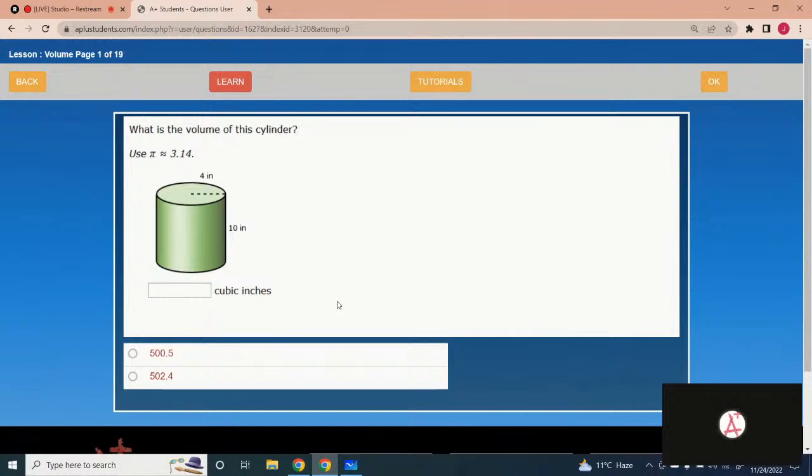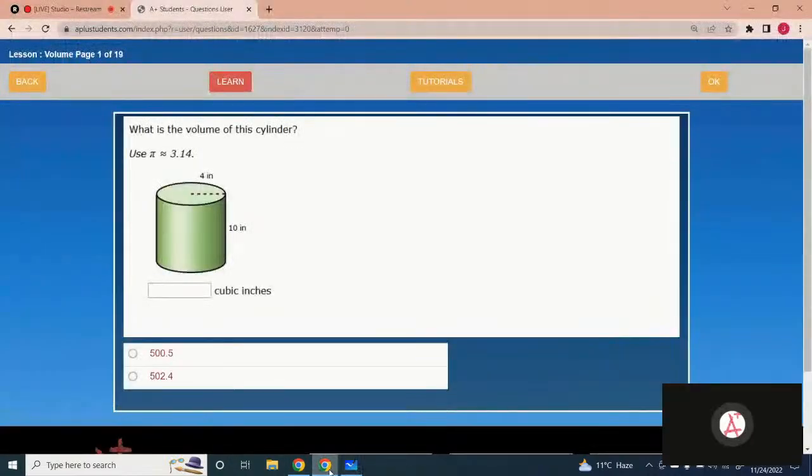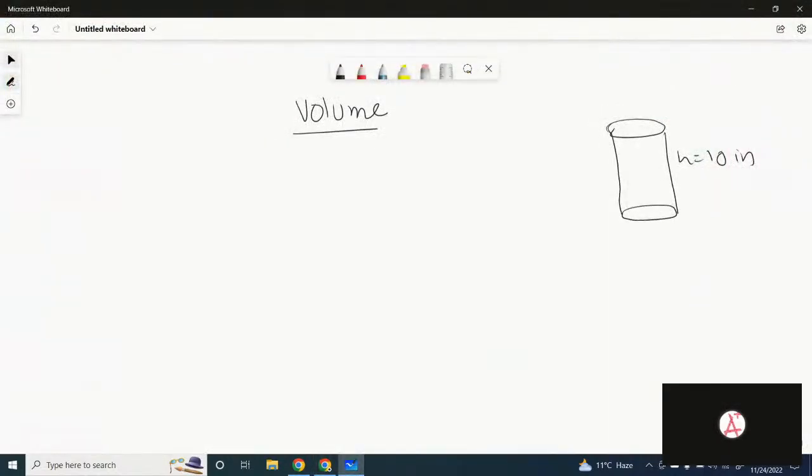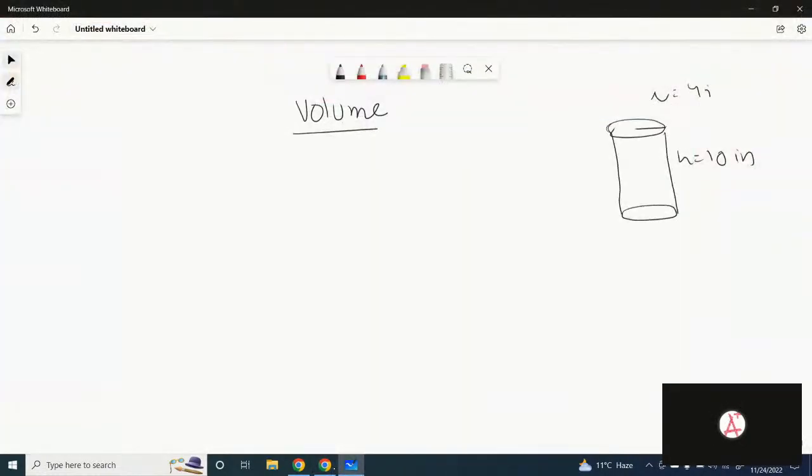This is actually the cylinder. Height is 10 inches and the radius is 4 inches. Got it? So we have to use the formula for the volume of the cylinder, V equals pi